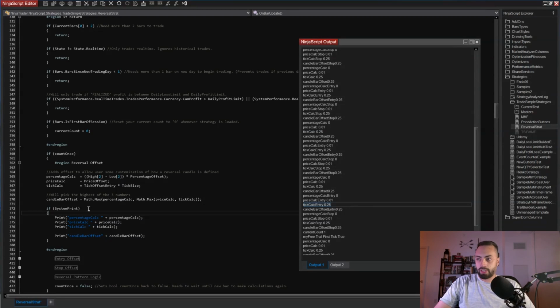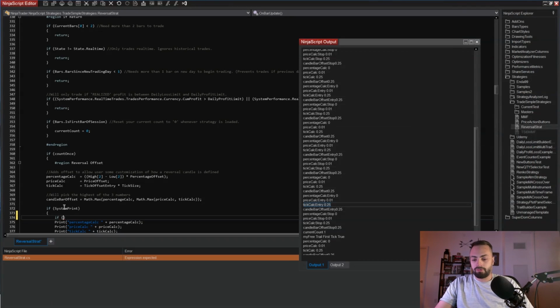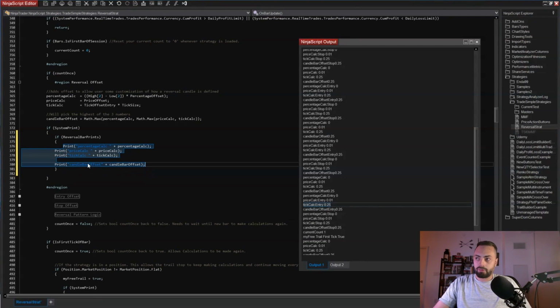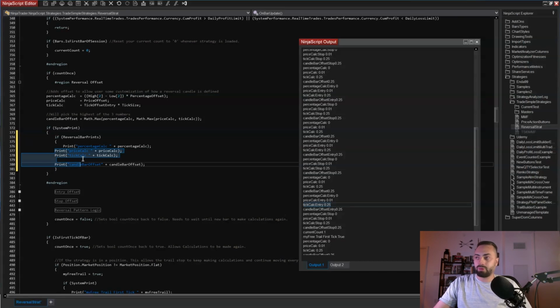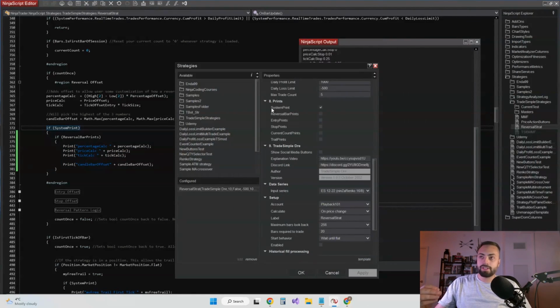So here we can go inside of system print. We can make another variable. So if reversal bar prints or curly brace, and then we can just move everything right in there and we'll clean this up. So what I'm telling it from here is if the system print option is selected and the reversal bar prints option is also selected,